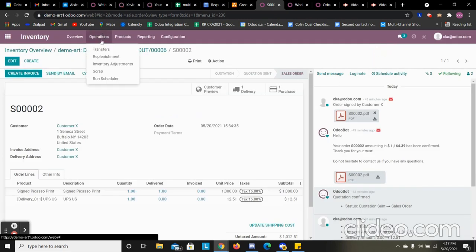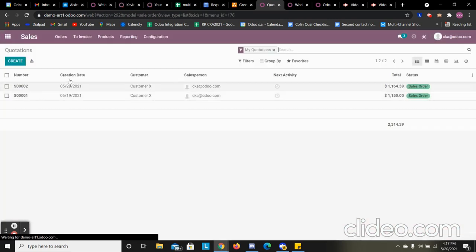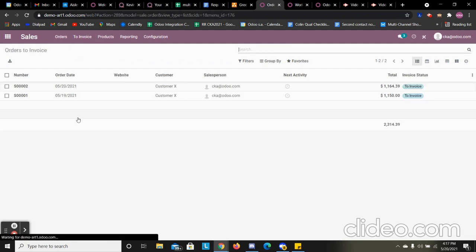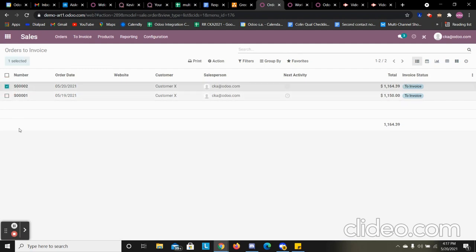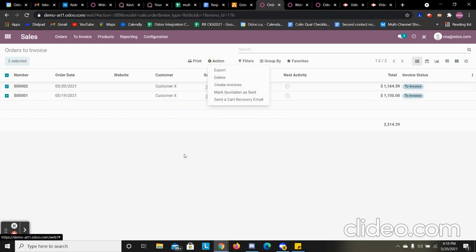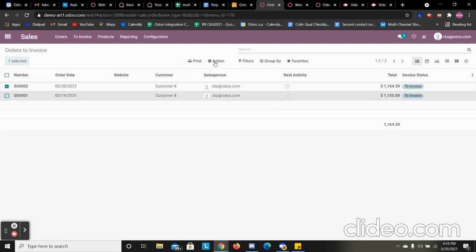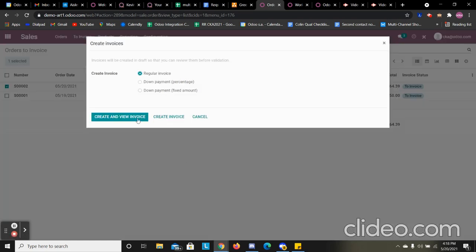We can also go to our, let's go back to my sales app. We can go in and see to invoice. So if we go to orders to invoice, we can see any open invoices that we have, any sales orders that are ready to be invoiced. So I can click on them as a batch and create the invoices. Since they're the same customer, it will batch these ones. So I'm going to process one, create the invoice for the regular down payment,